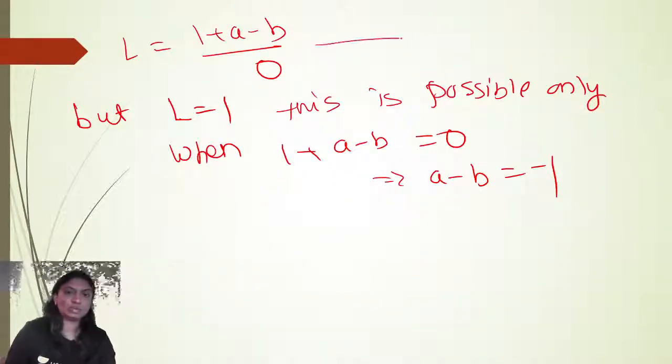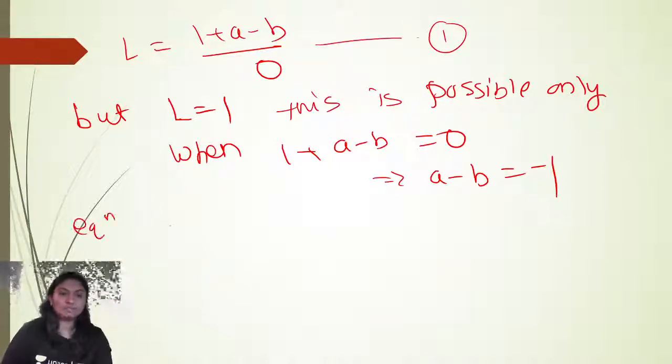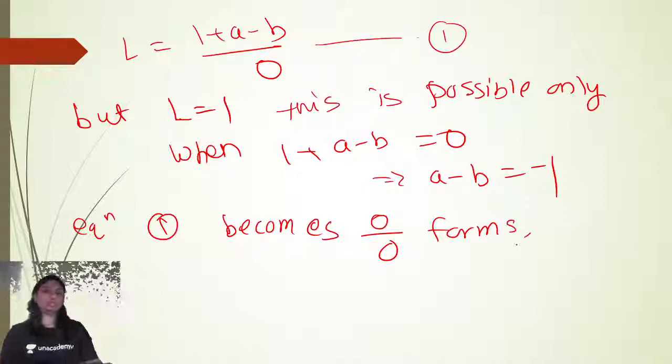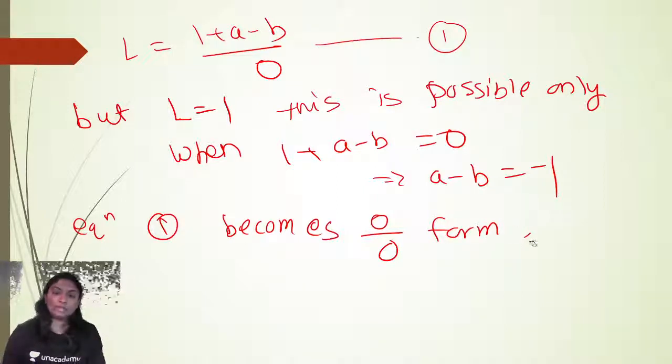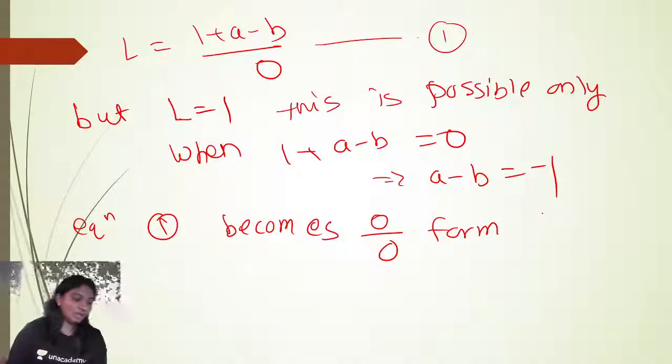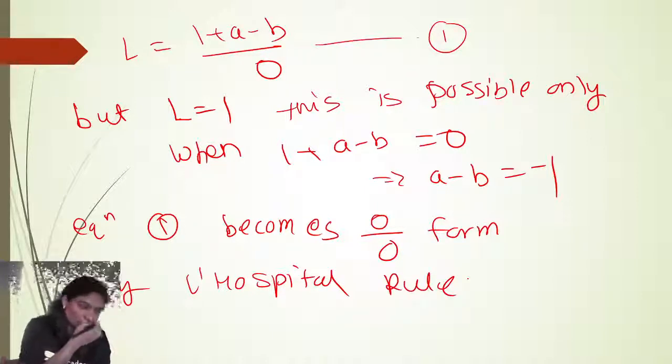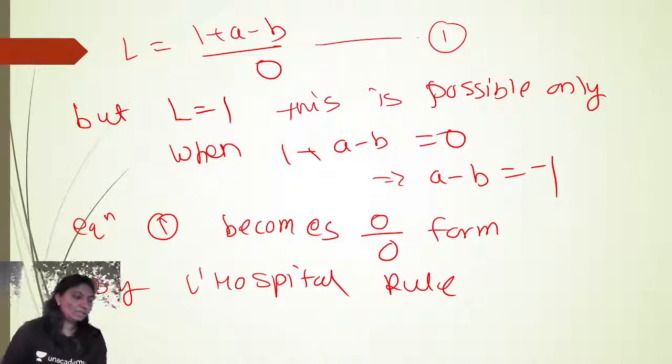in this equation 1, equation 1 becomes 0 upon 0 form, right? So as it becomes 0 upon 0 form, we will use again the L'Hospital rule. So using L'Hospital rule again, by L'Hospital rule, we will have here limit as x tends to 0,